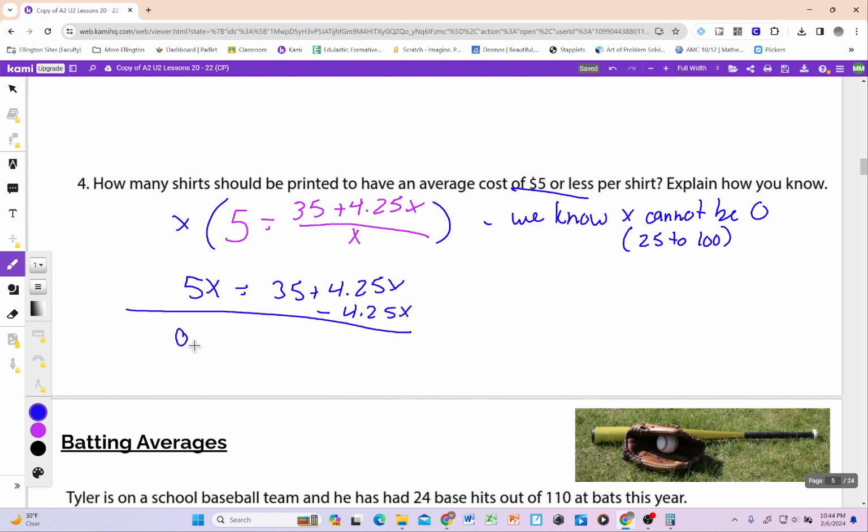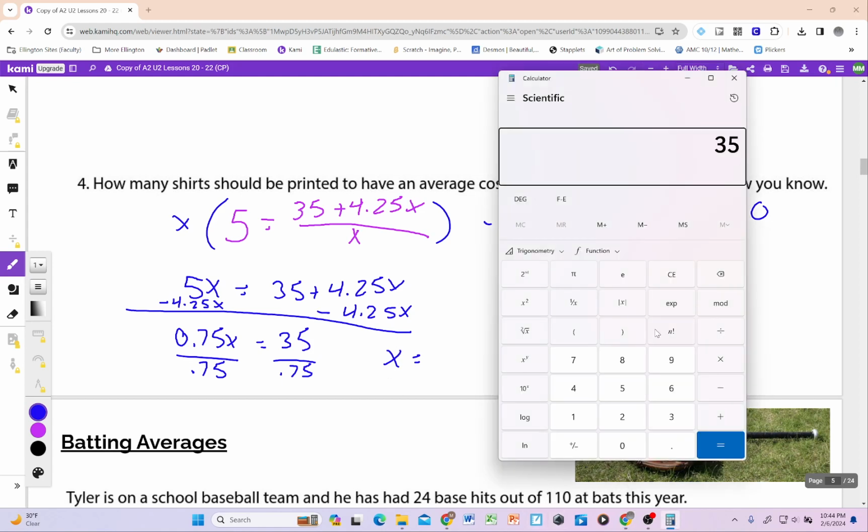And I get 0.75x equals 35. Oops, I forgot to write it there, but you get the idea. Minus 4.25x. Okay, divide by 0.75, and that'll tell us what x is. So I pull up my calculator. 35 divided by 0.75,